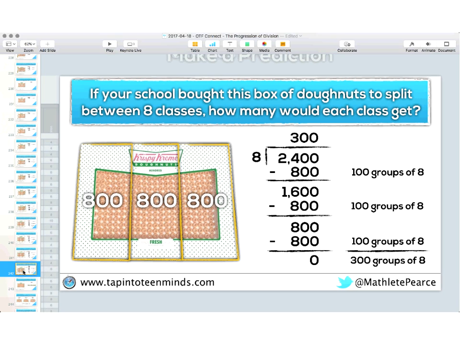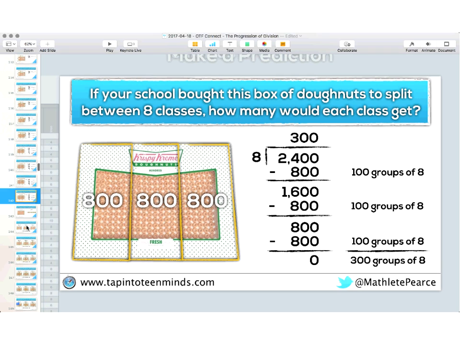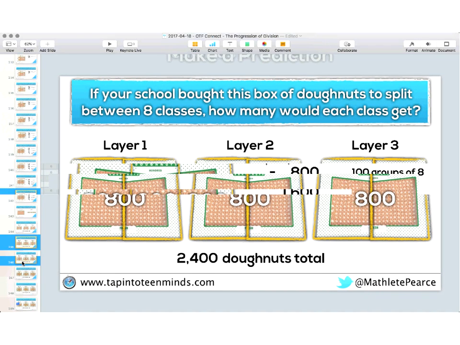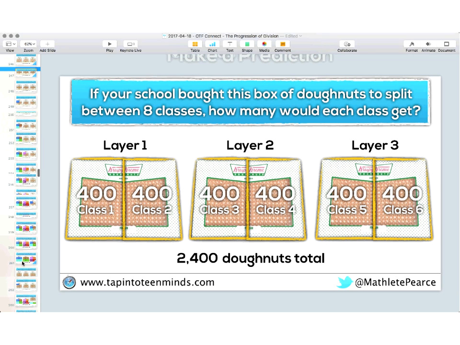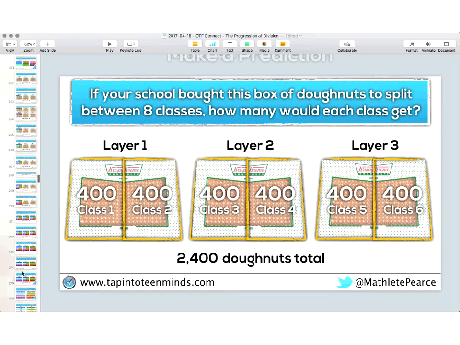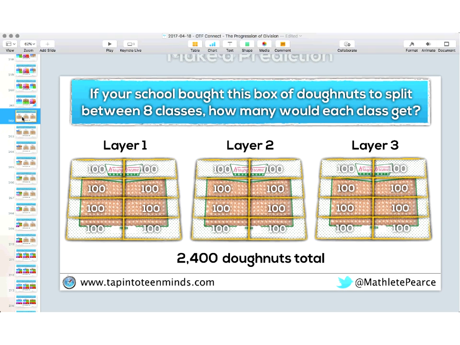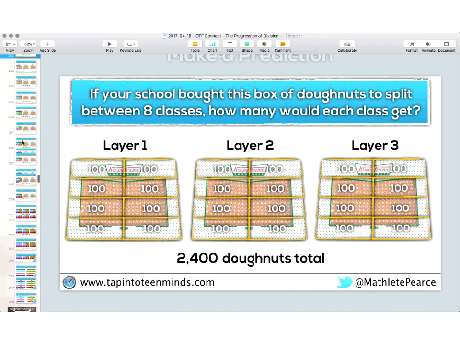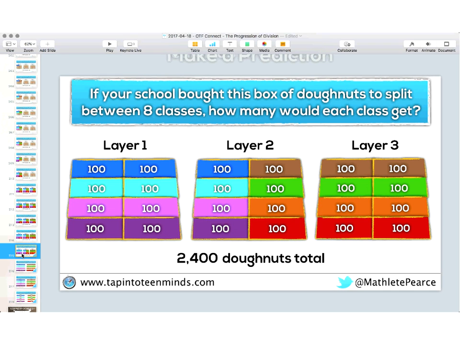So again, not the only way. I think all the strategies that were shown tonight were awesome, and I love when I see all these different ways of thinking. I heard someone also say, could we divide up the layers? Notice that if I just divide each layer in halves, that's not going to do it. But if I eventually get to a point where I divide up all the layers by 8 and give 100 from each layer, which I believe was mentioned earlier in the chat, what we end up with is an opportunity for every class to get 300 donuts.